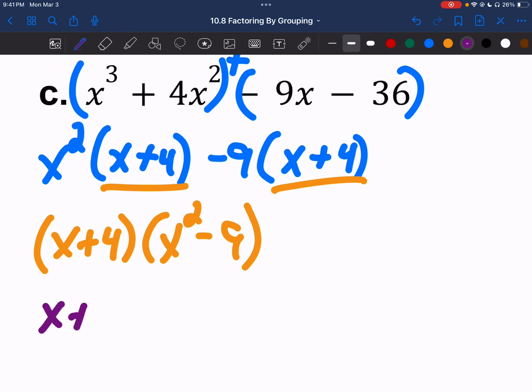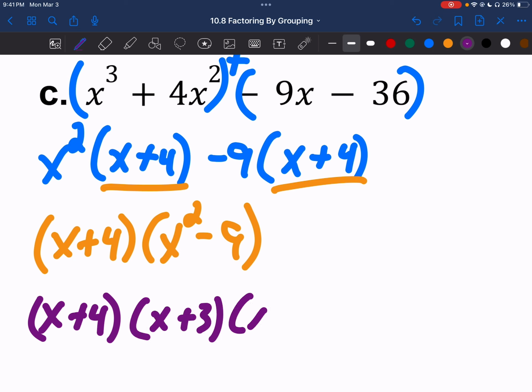So we have x plus 4, we have x plus 3, x minus 3, right? Difference of perfect squares. It's a nice, easy one for you to be able to identify when I'm asking you to do a two-step problem without a lot of thinking. All right,